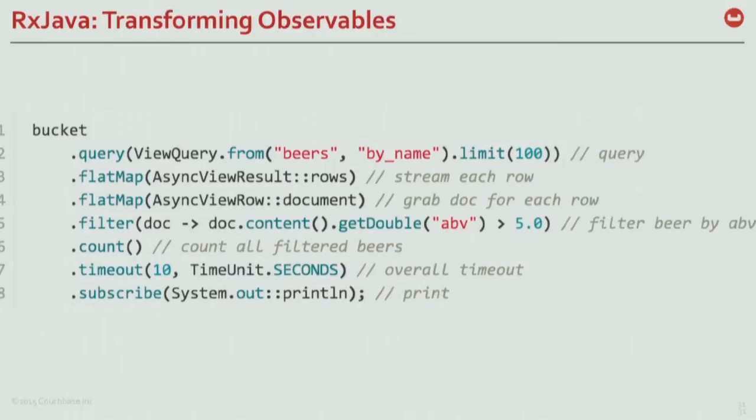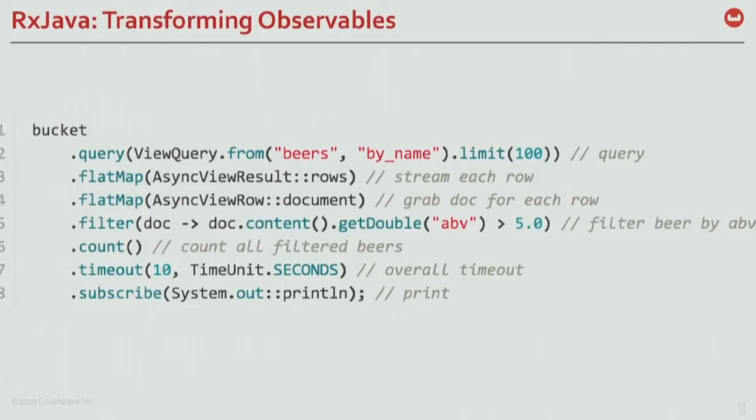And then I have three new functions that you haven't seen yet. Filter. Filter allows you to filter the content of the observable. For all the objects that come into the filter function, if it returns true, then you pass the object. If it returns false, then you just dump the object and forget it ever existed. This way you can count, out of the first 100 beers, which beers have an average alcohol by volume superior to 5.